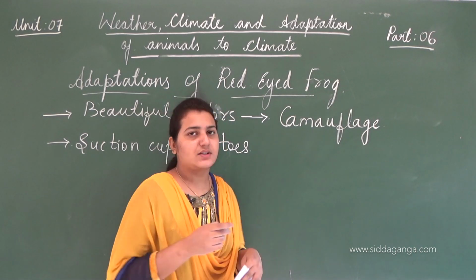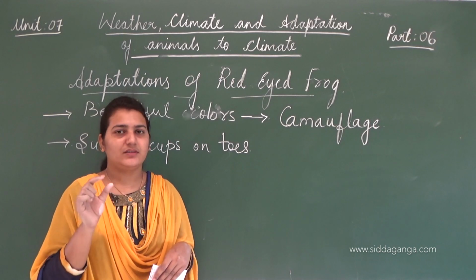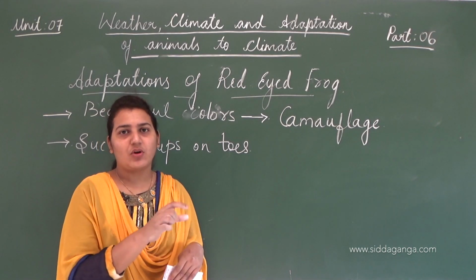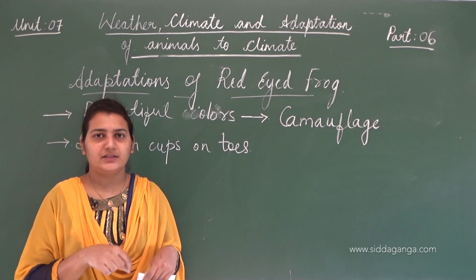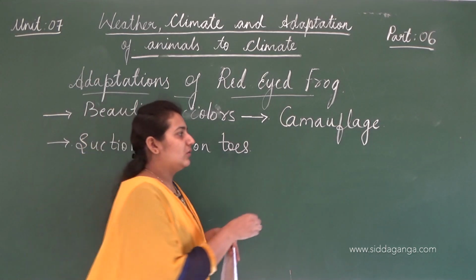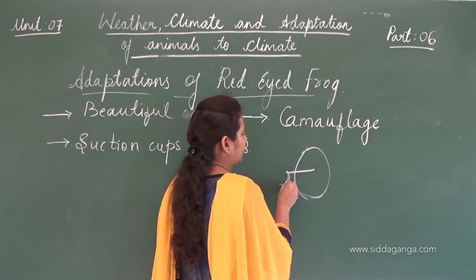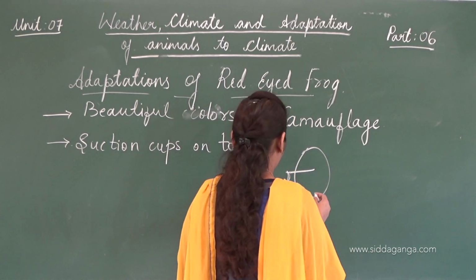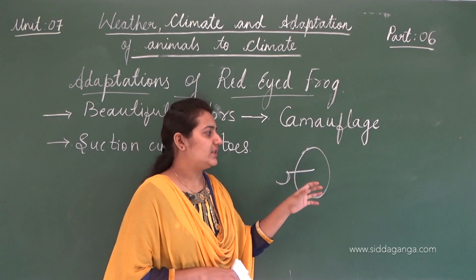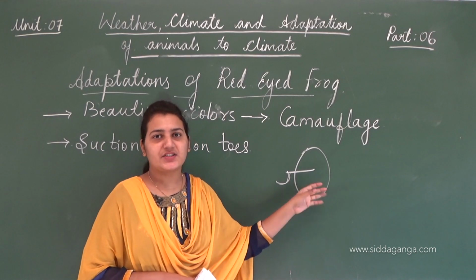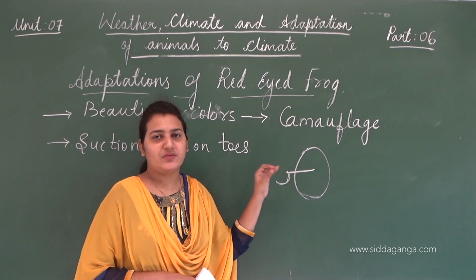So what does suction cup mean? There is something that you can just attach to the wall and hang a hanger on, and you can hang anything on that hanger. When you press this thing hard on the wall, it sticks to the wall, and you can put hangers on it. So that is an example of a suction cup.